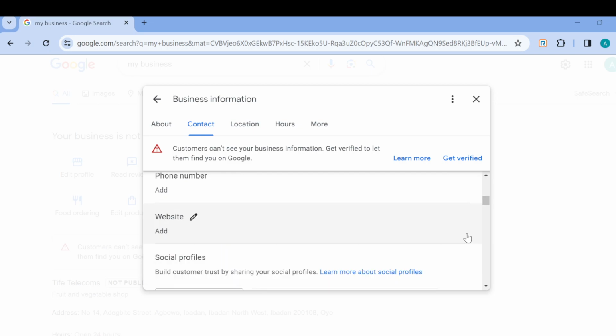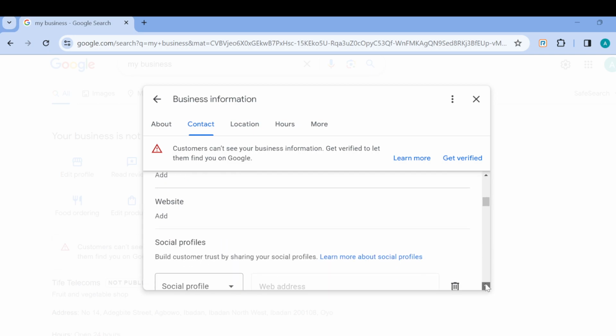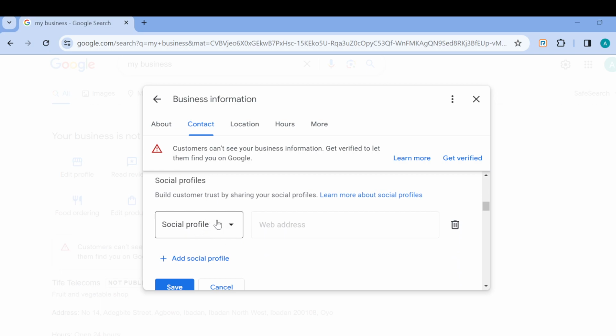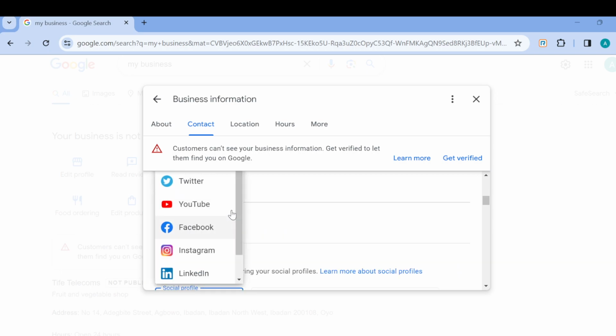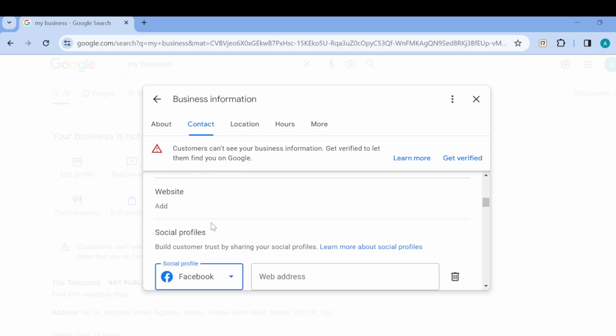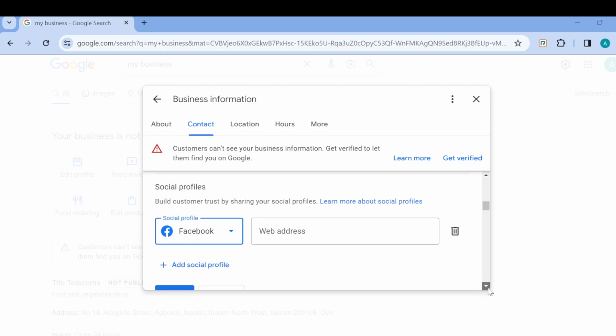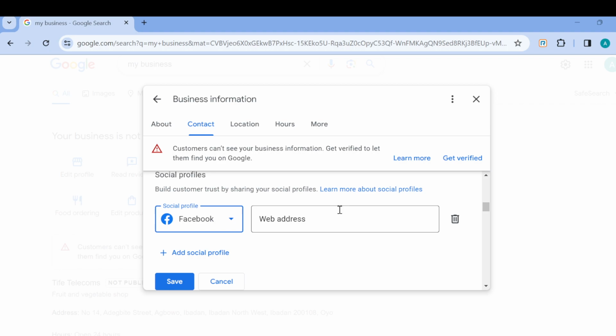Just click on social profiles, and then once you click on social profiles, you'll see box social profile. Click on it. Once you've clicked on it, select Facebook, and then ensure that you've copied a link to that Facebook page already, and then just come here, paste the link, and then click on save, and then just like that, the Facebook page should be added to your Google business profile such that people can access your Facebook page through your